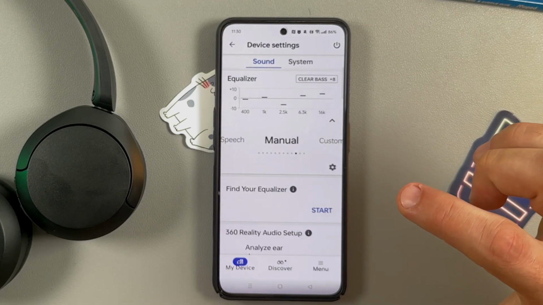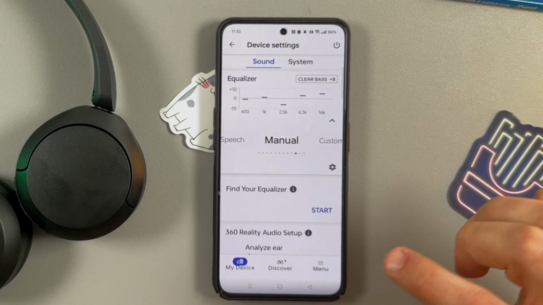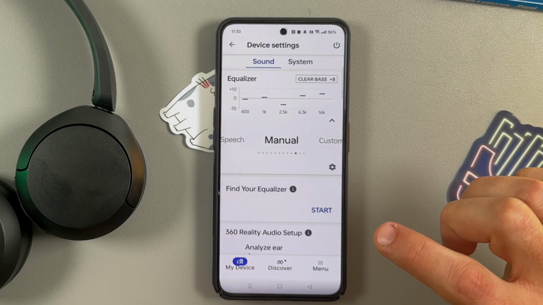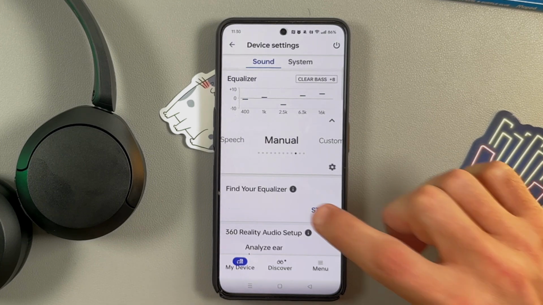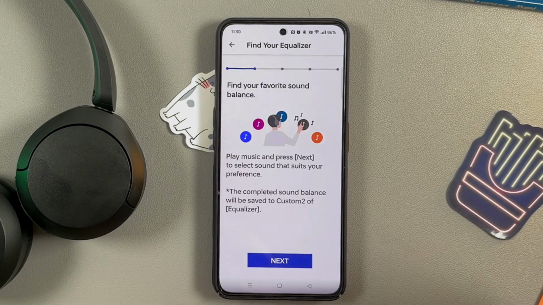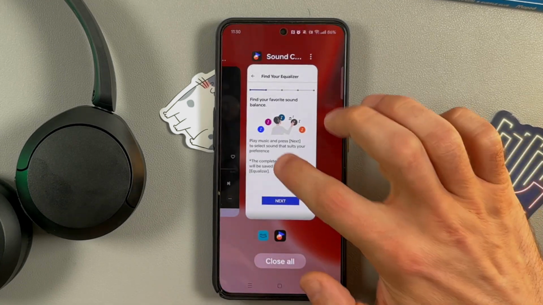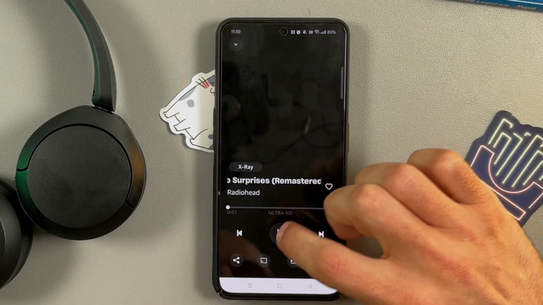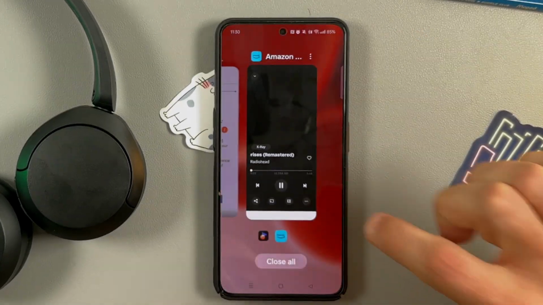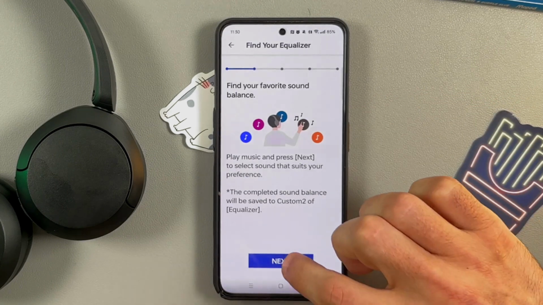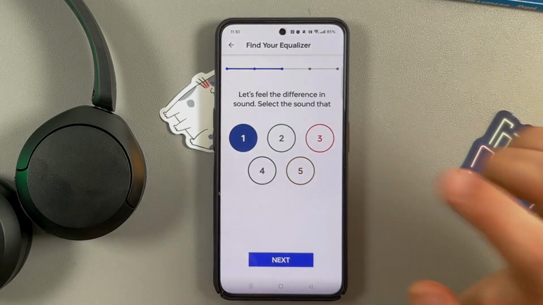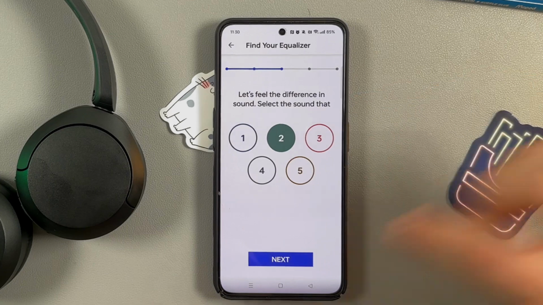You have one more option here. You can tweak Equalizer automatically, tailor it to your hearing. Just press this start button, and then you need to play any music. Tap next and just choose the sound you like, for example any,